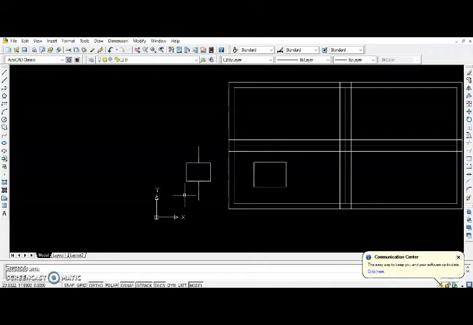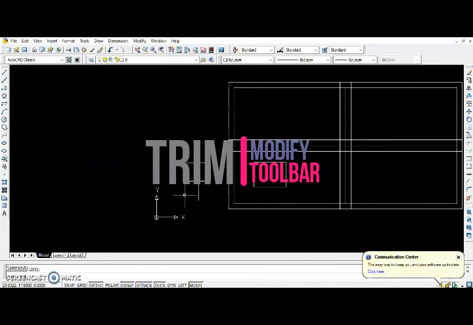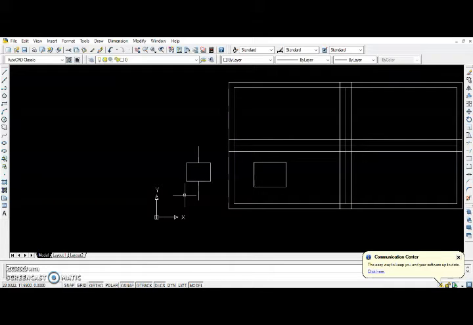The next toolbar is trim. The function is to cut the object from one side to the other side of the object. And for the command is type T, R and then enter.